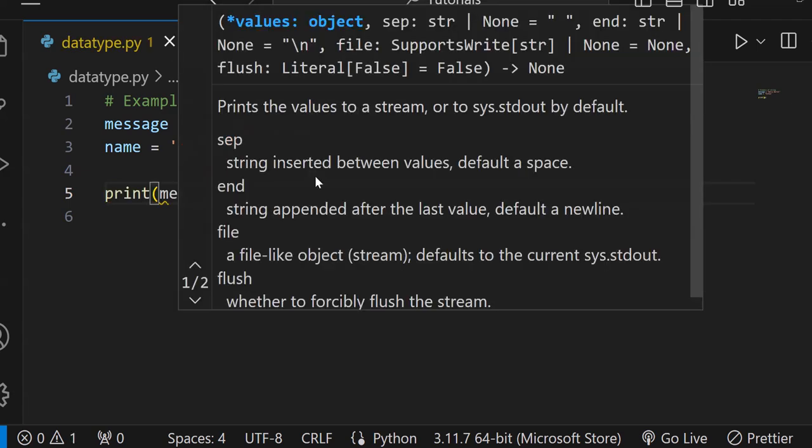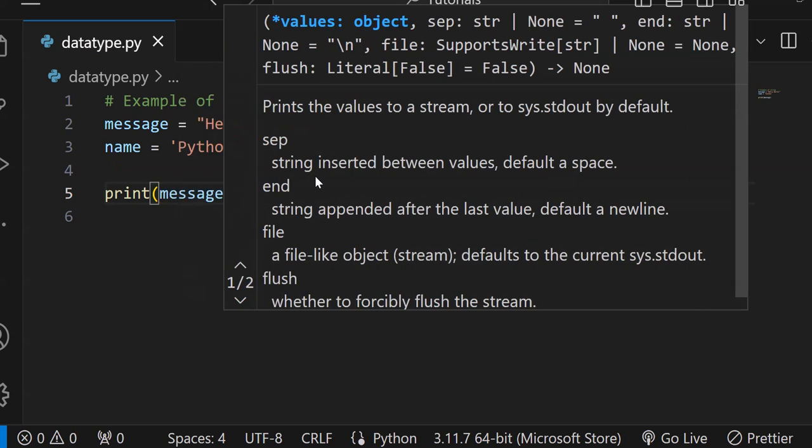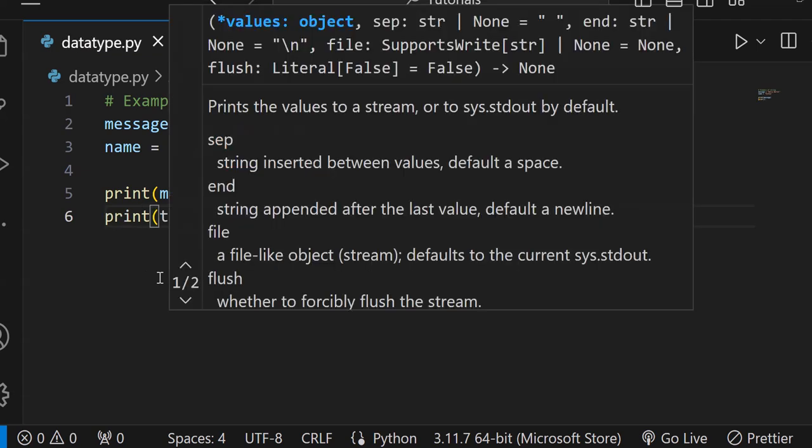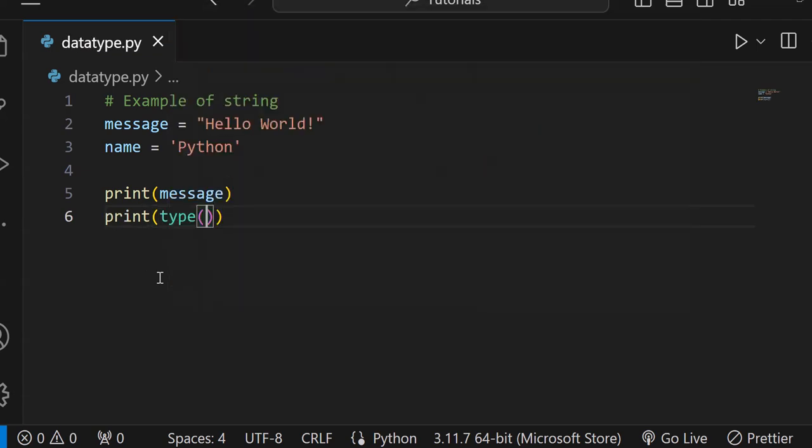Let me print message, which is our first variable. And let's also print the type of message to see which data type this variable is. I can say print, and then I can pass the type function, the type of message. Good. If I run this,